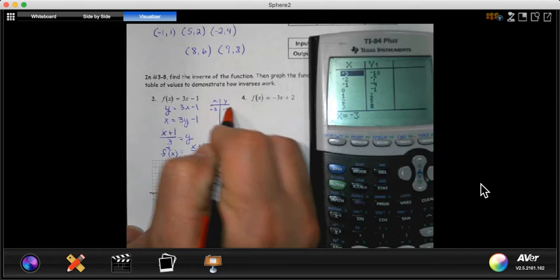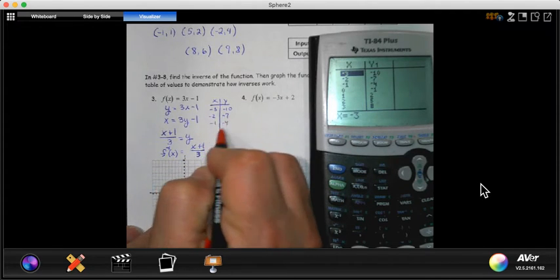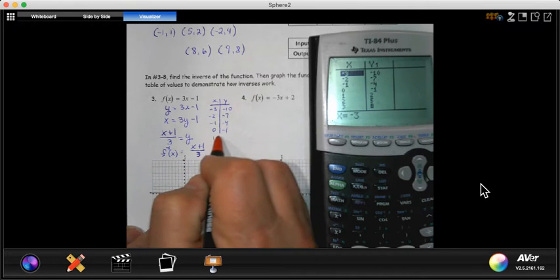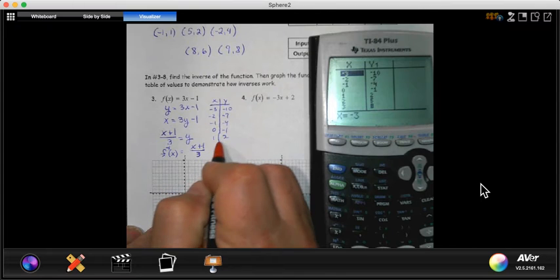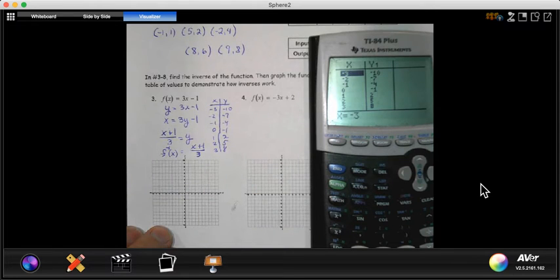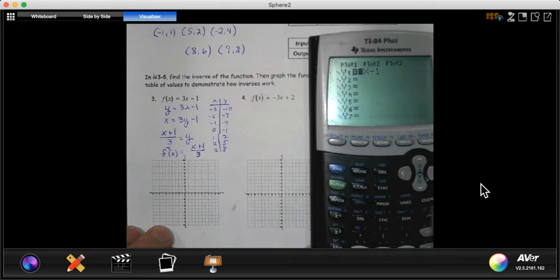-3, -10, -2, -7, -1, -4, 0, -1, 1, 2, 2, 5, 3, 8. Okay, and now I'm going to go to y equals and type in the other one,